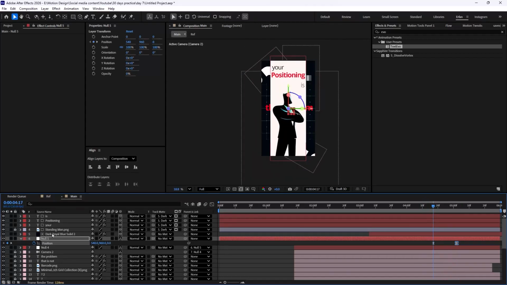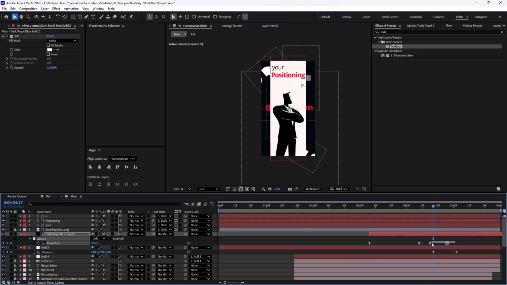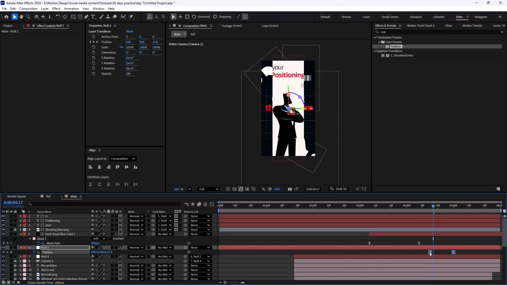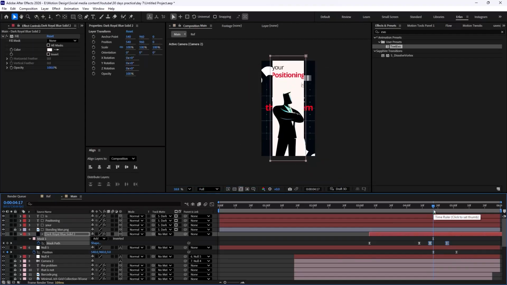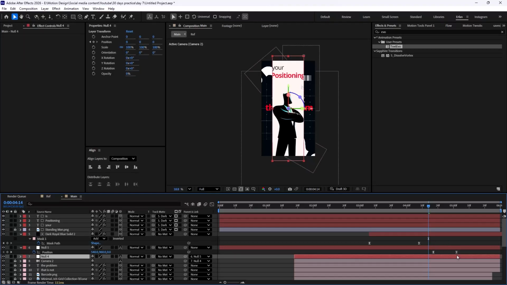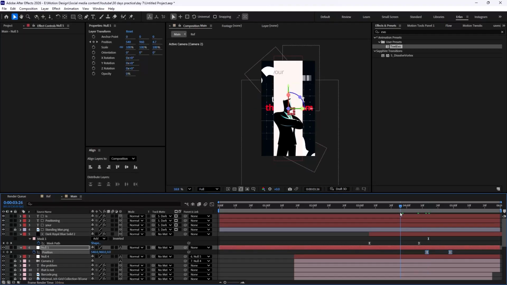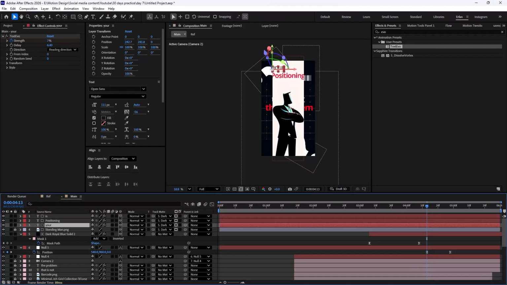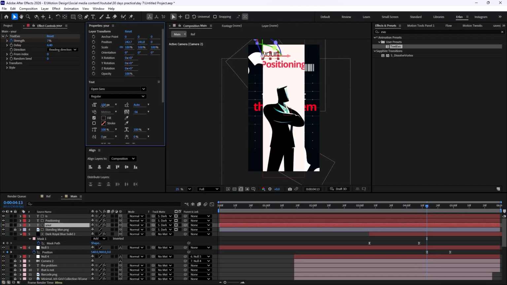The good thing is that I don't think we need to do this animation. It's unnecessary. Let's just fix this position of these texts.